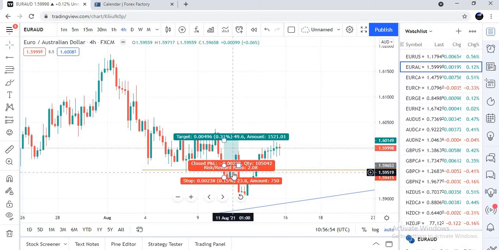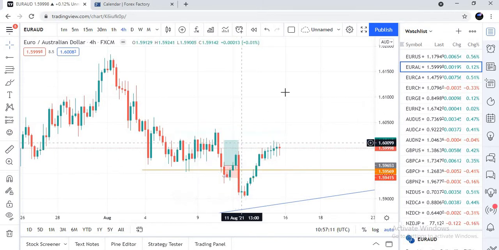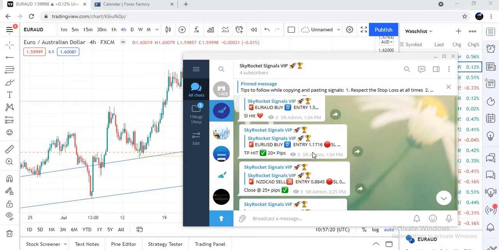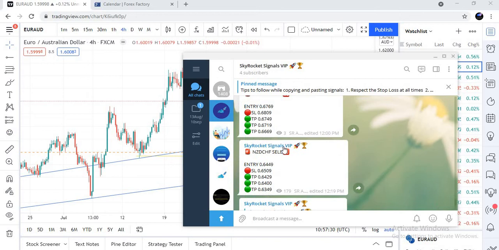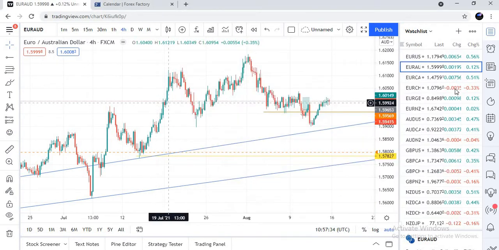So we lost about 20 pips in this trade, but it's not really a big deal, because we are 70 pips in profit for our Euro USD and 30 pips in profit for our AUD USD. So we are very much still in profit. We know why we lost the trade. So as you can see, we sent out a signal, stop loss hit, meaning that this signal is no longer valid. So the next pair we dropped the signal on was the AUD to the Swiss franc.